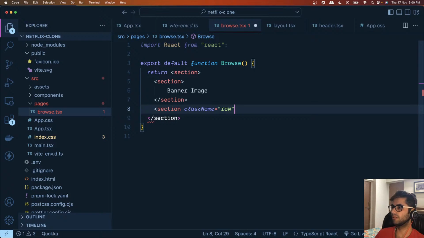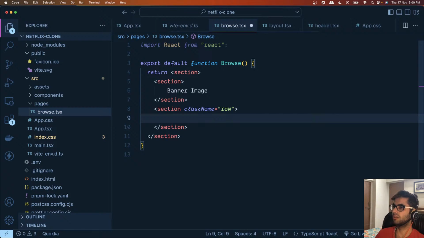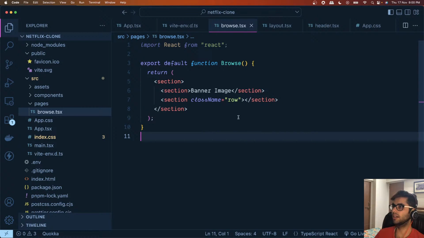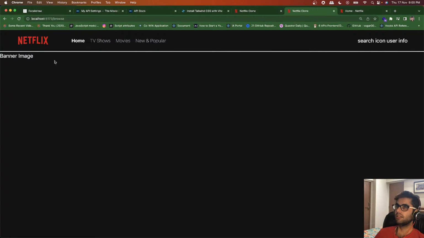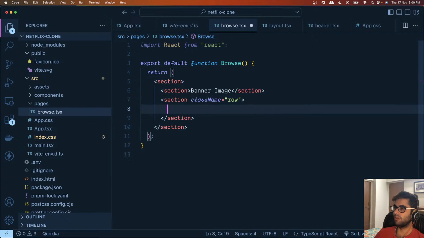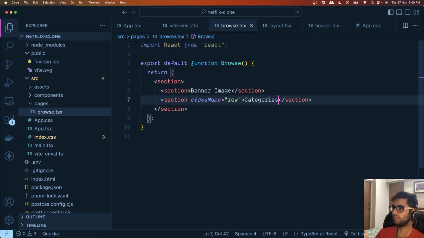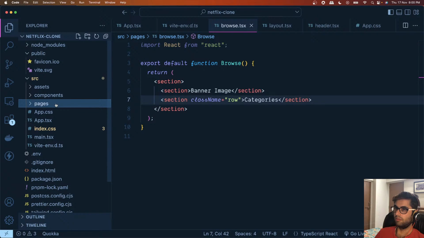Let's just give it some dummy class row so that we are able to identify. So we have the image, and then we have the movie categories over here basically. All right,